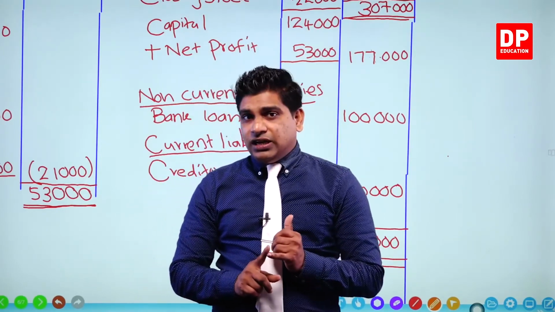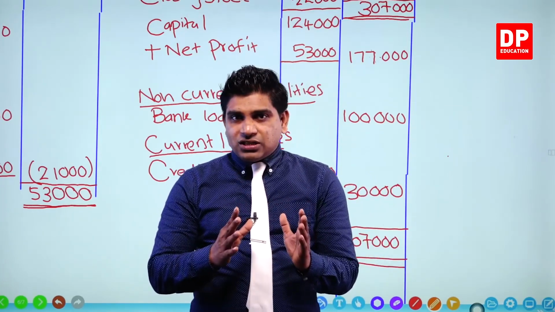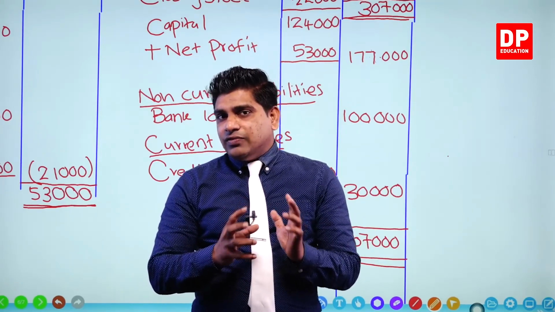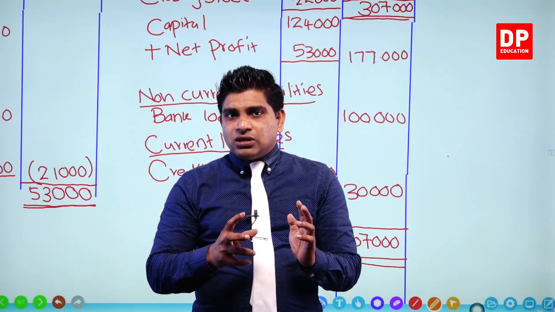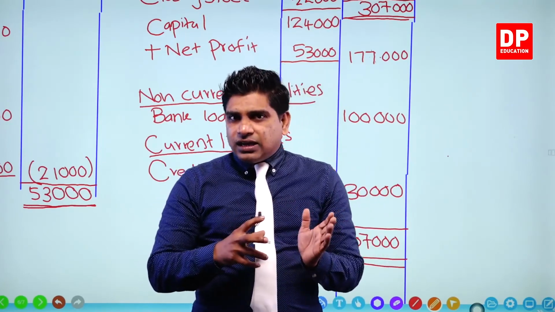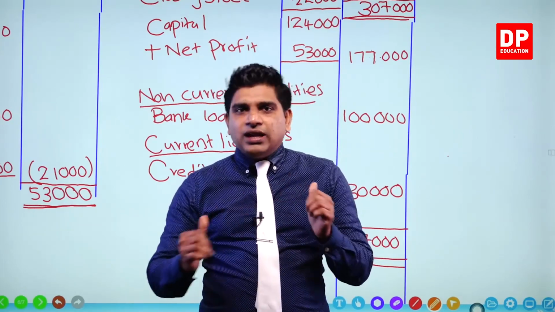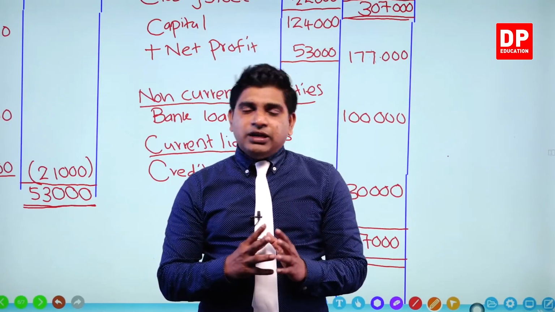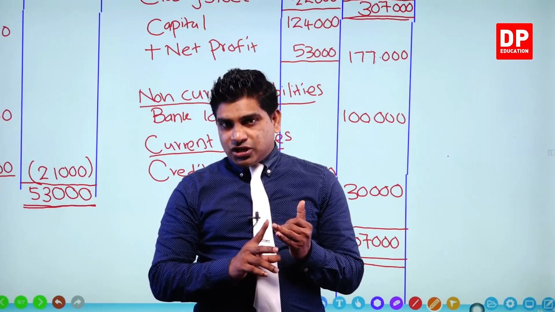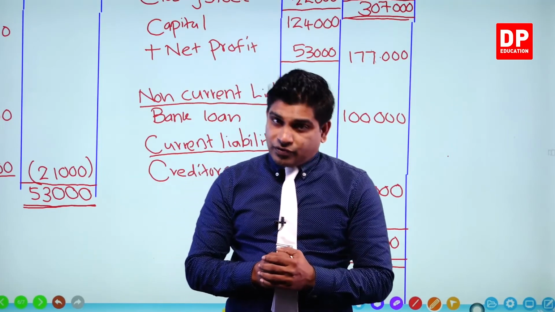Remember, at the beginning, we calculate gross profit. Gross profit means the difference between sales income and cost of sales. After that, we practice some questions on how to calculate gross profit. Then we added other income to the gross profit. Then we found total income. Finally, we expand the profit and loss statement, enter in expenses. What are the expenses? Distribution expense, administration expense, financial expense and other expenses. After that, we found net profit.